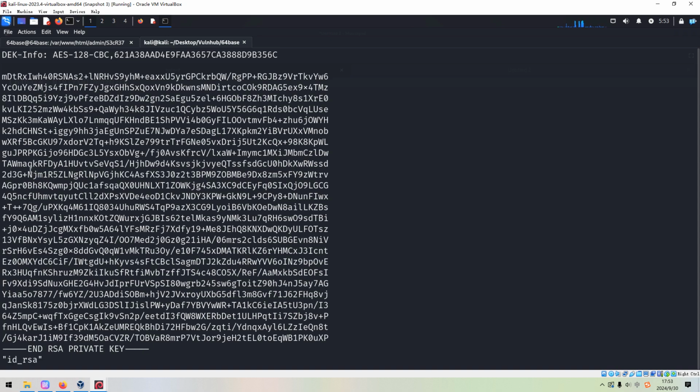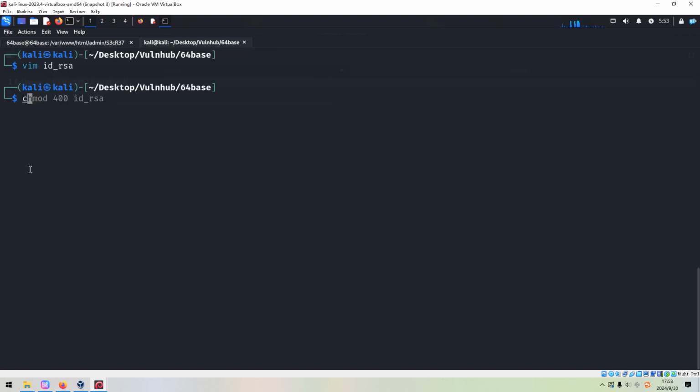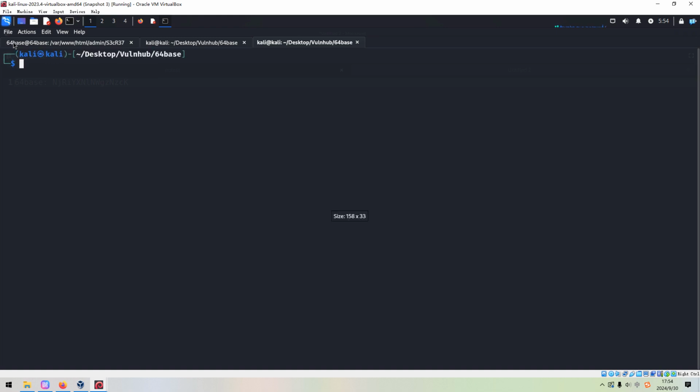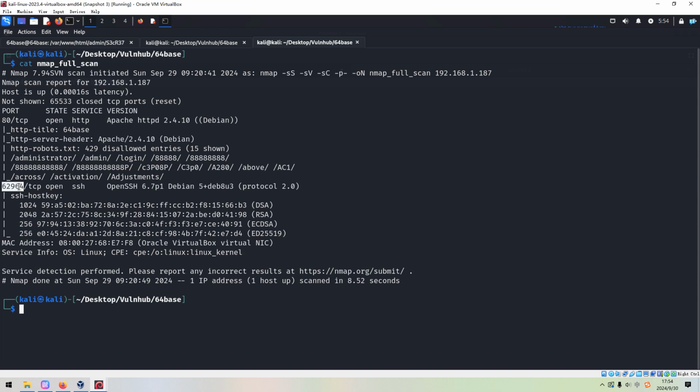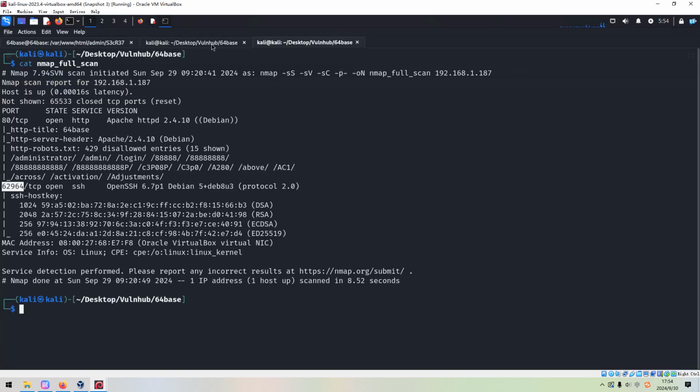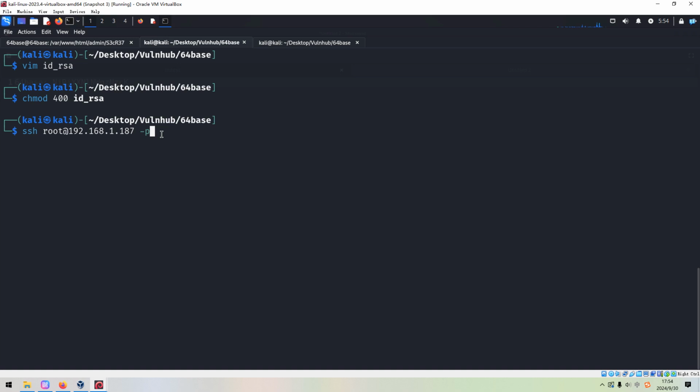And then we can change the mode of the private key, and we can log in with the root user. Sorry, I even cannot remember the port number. We can copy. Private key.